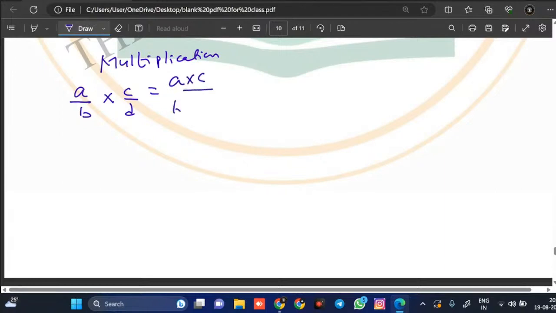नीचे वाला नीचे वाले से, so a and c and b and d, तो a multiply by c and b multiply by d। तो बहुत आसान से एक दो question ले लेते हैं। 2/5 multiply by 3/4, अगर ये दो numbers multiply हो रहे हैं तो 2 3 जा 6 और 5 4 जा 20। आंसर आ गया 6 अपॉन 20।